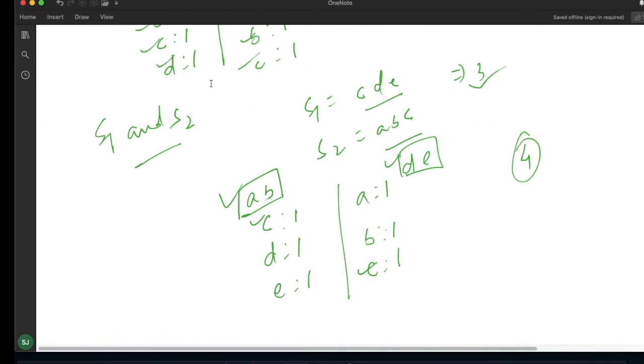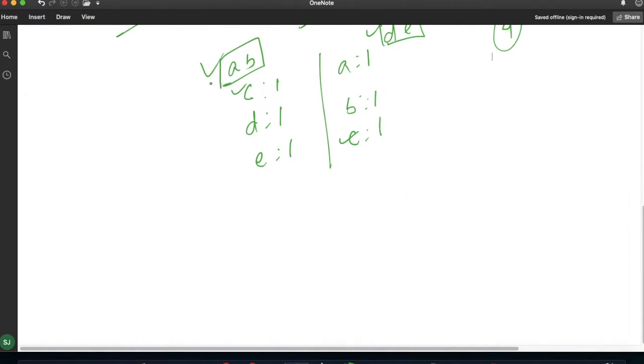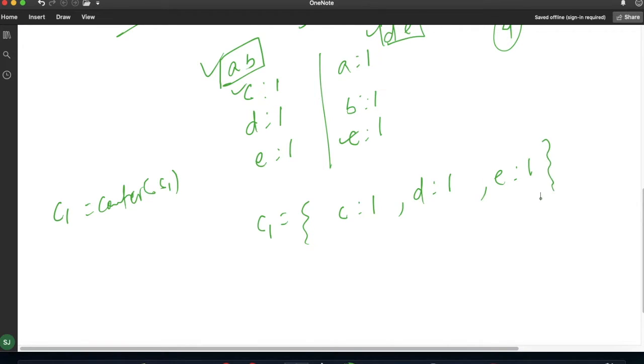So let me explain the approach here. The approach is quite simple. Let us take this as an example. We will simply take a counter for string 1, the counter for S1, suppose C1, which will look like: C has occurred once, D once, and E once.